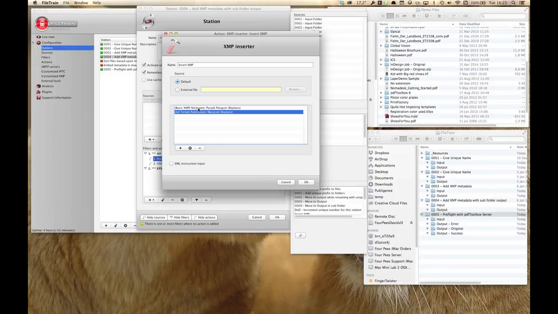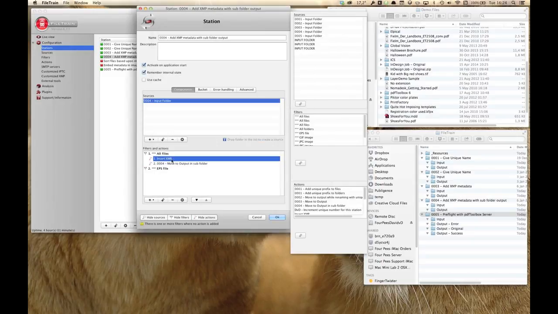So this will actually simply add XMP information to the document that is being processed, which you could use for all kinds of different purposes. For example, you could say any file that is processed through this particular workflow,